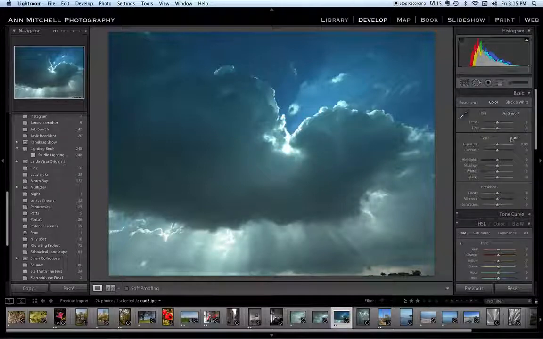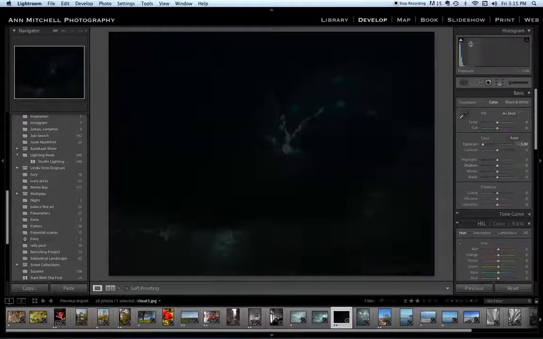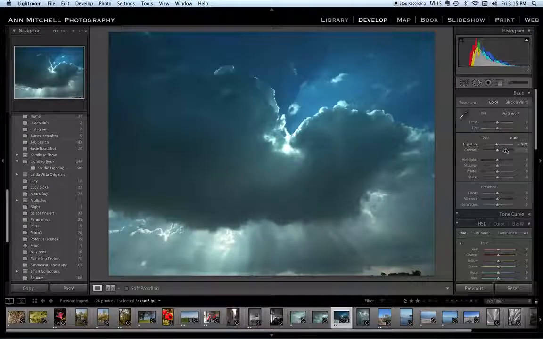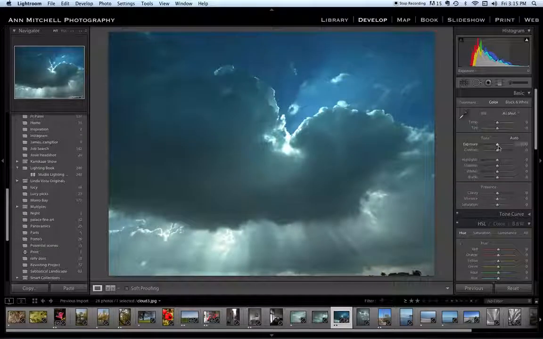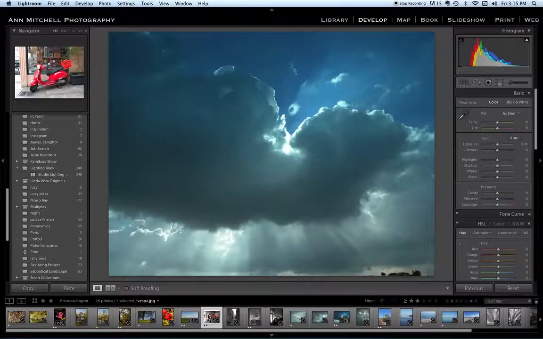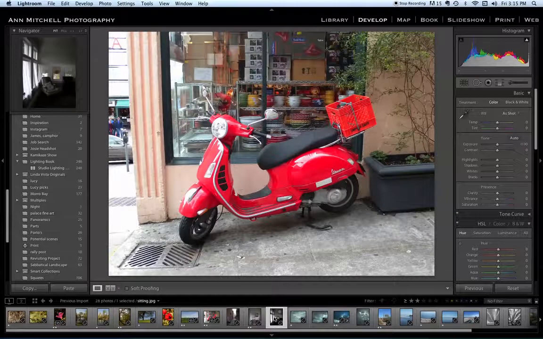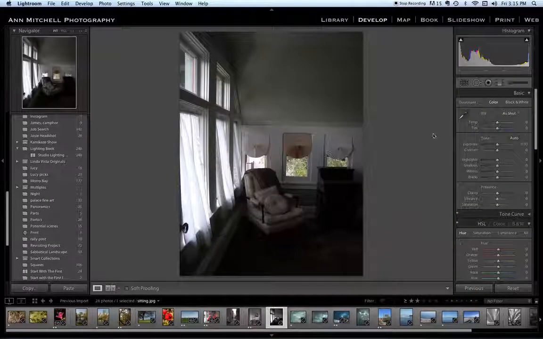What it looks like in the shadows, let me see if I can make that come up. I can't. It's the same thing, however, it's a blue, and that's how you'll know that you have no information in the shadow area.